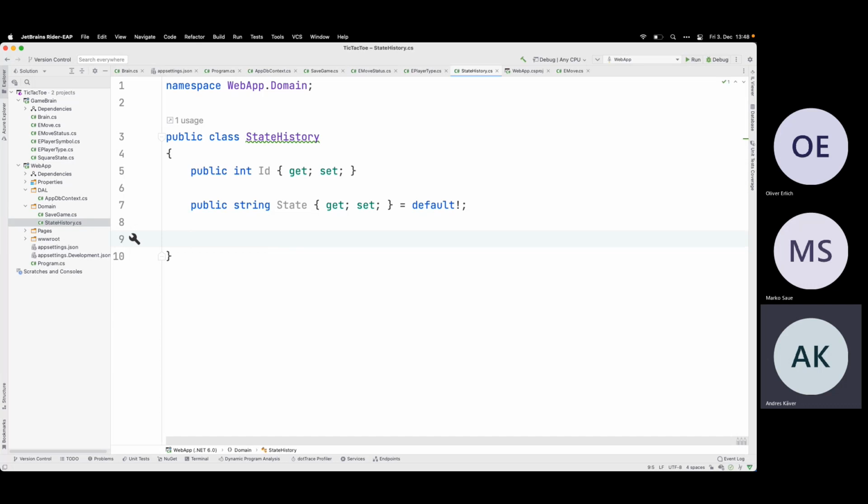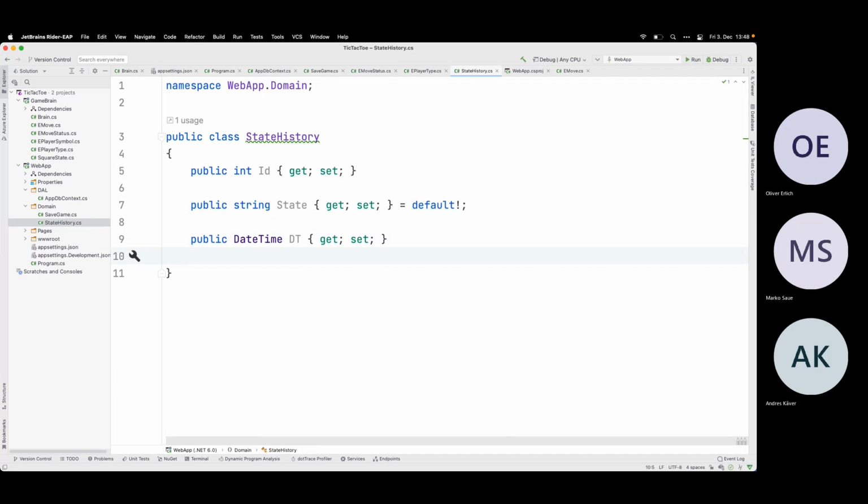And I probably need the datetime, yeah? What else do I need? What do you give in your history table?